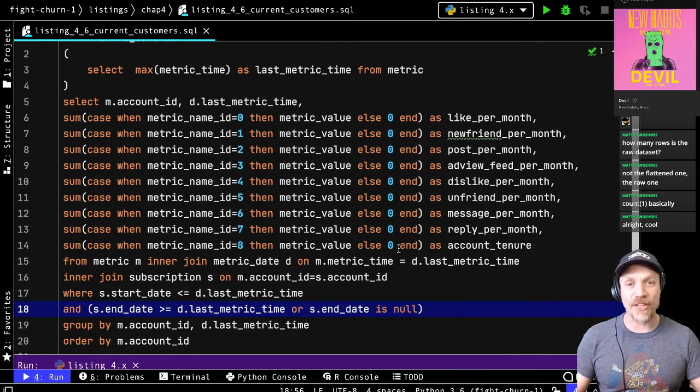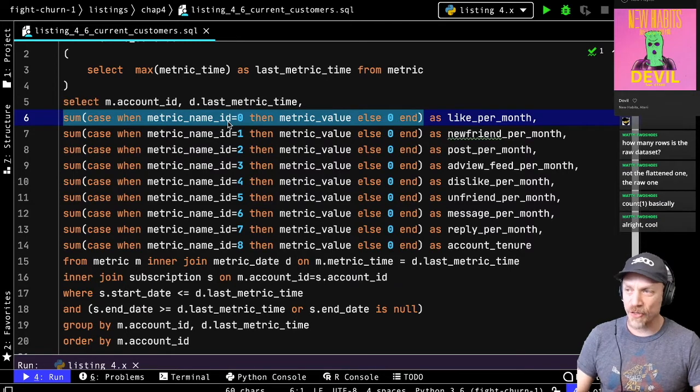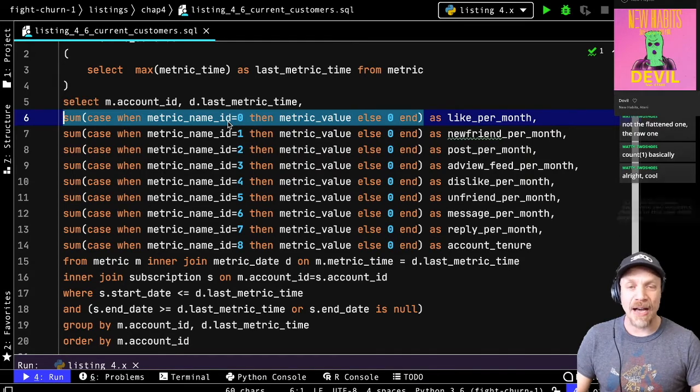So I actually don't store the zeros just because it's a bad practice that in the limit where you're working on a data set with a lot of rare events, you'll just end up storing tons and tons of zeros. So I don't store the zeros, but I fill them back in here by doing these sums. That's actually just a good thing to note. If there's no value for a metric for a given customer, they'll get the zero.